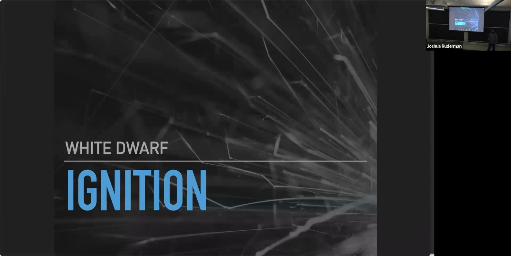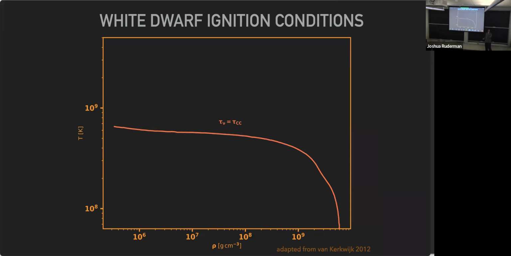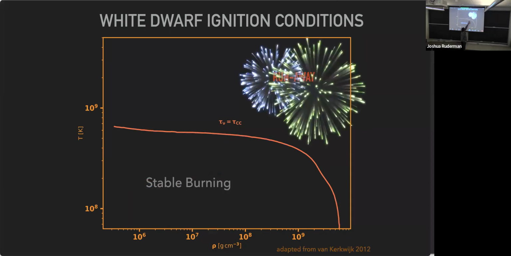And so the ultimate question that you will ask me is, okay, white dwarfs should not ignite. What the hell? I mean, they should just cool for eternity. So what happens? As I did my poster with Mark McCurk, he put it in a really nice way. He said, how about we put density on the x-axis and temperature on the y-axis, and then we have a line where we say this is where the neutrino cooling timescale equals the carbon-carbon burning timescale. And so what we have to do is bring the star from here to here, right?